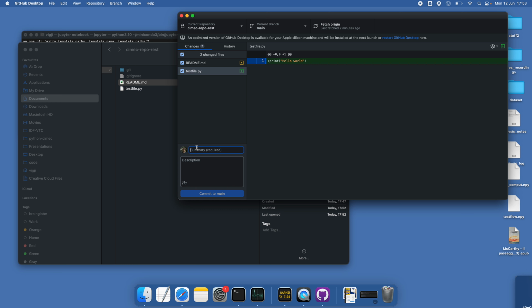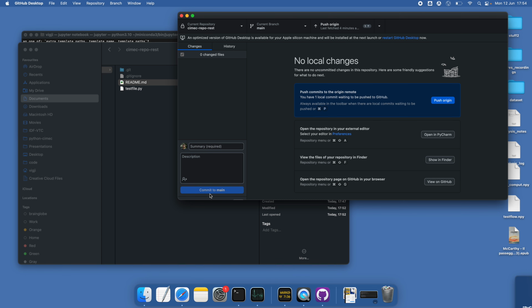It's good to make small commits, also to make those messages more informative, because if we have been working for 2 weeks and all of a sudden we remember we are making a commit, there is no way we can fit a reasonable summary here. Let's just say "added test file .py." This is good. Okay. And I can just say commit to main,